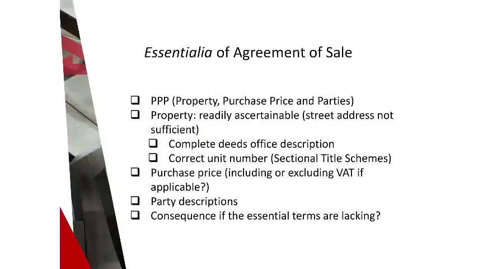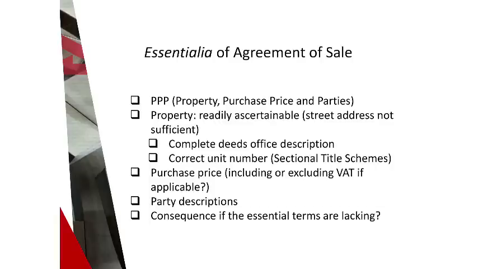Often I see street addresses on the offers to purchase. That's not considered to be legally a correct property description. Also, as I explained with Mr. and Mrs. Wright, make sure that you refer to the correct unit as referred to on the sectional plan, and don't use something like the door number or even the section number. This can be very confusing. Make sure that there's the correct unit on that agreement.